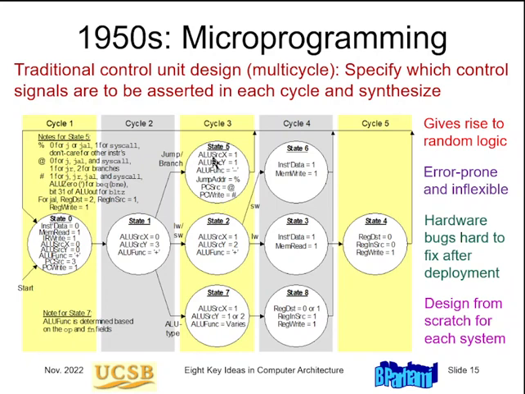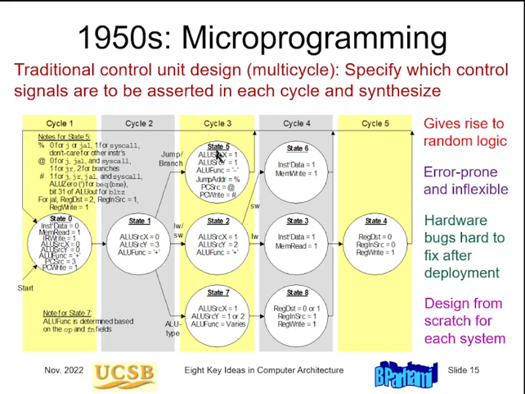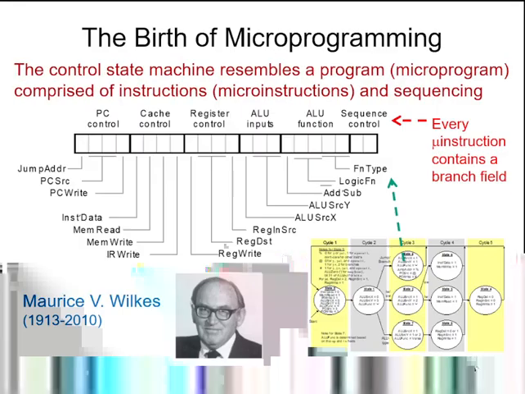Why not treat this as an instruction, so that by putting different bit values in that instruction, we cause these signals. Each of these names is a signal. ALU source X is a signal that is set to 1 when we are in this cycle. ALU source X is set to 0 when we are in this cycle. So this led basically to a micro instruction. A micro instruction corresponds to one of these states or cycles, and the bits of that micro instruction tell the hardware what to do.